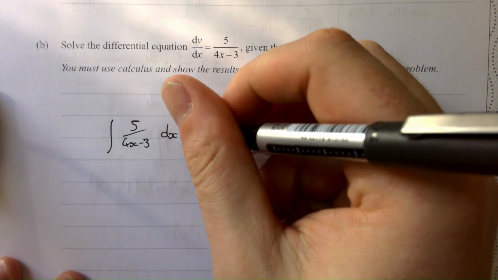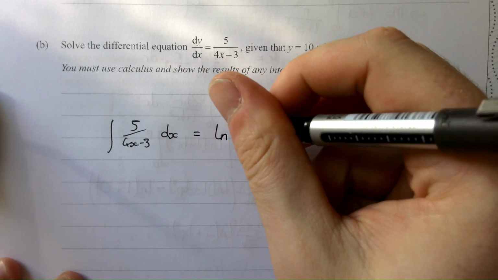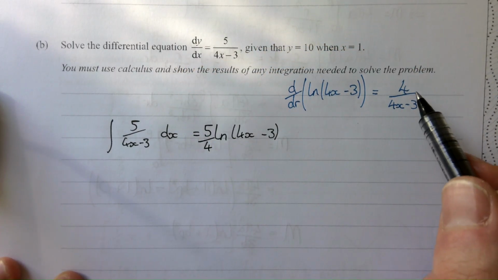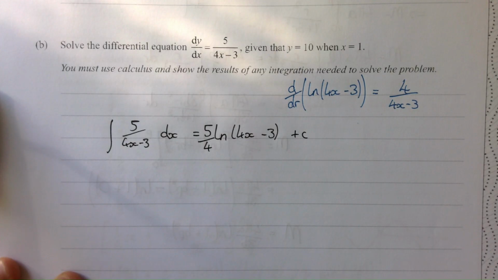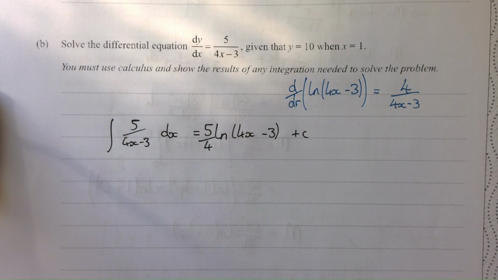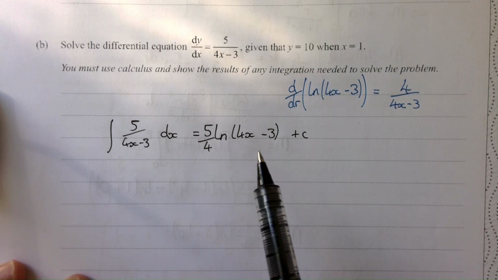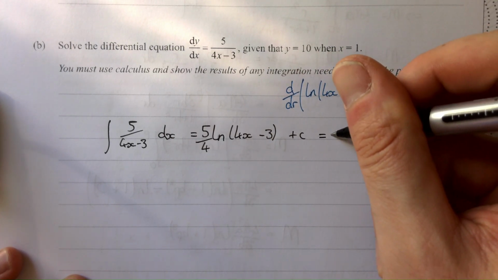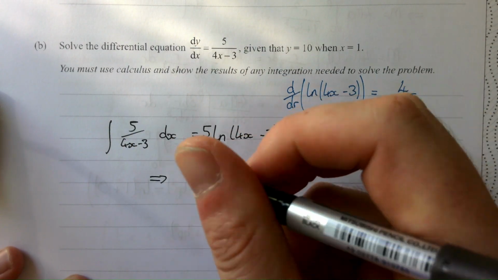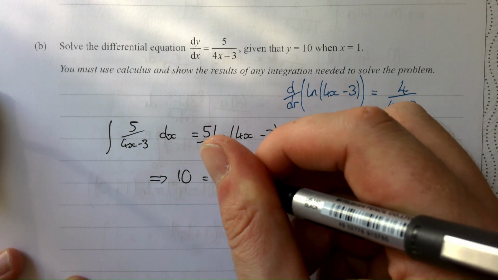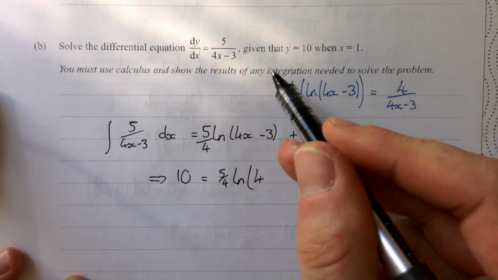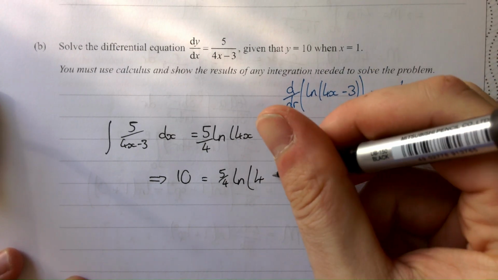Is equal to the ln of 4x minus 3, still multiplied by 5, but divided by that 4, plus our constant of integration c. Now, we get to substitute our two values in here, because now we have that this is equal to y, therefore 10 is equal to 5/4 of the natural log of 4 times x, which is 1, so just 4, minus 3